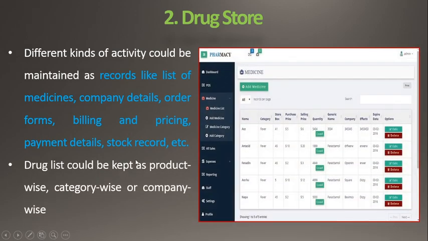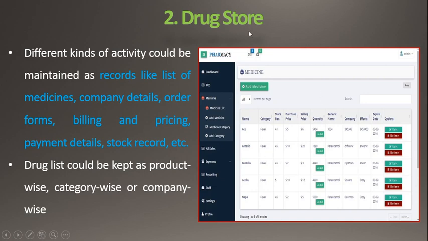So here the drug list can be kept product wise, category wise or company wise. You can see in this picture the list of drug products shown by the category of the medicines.